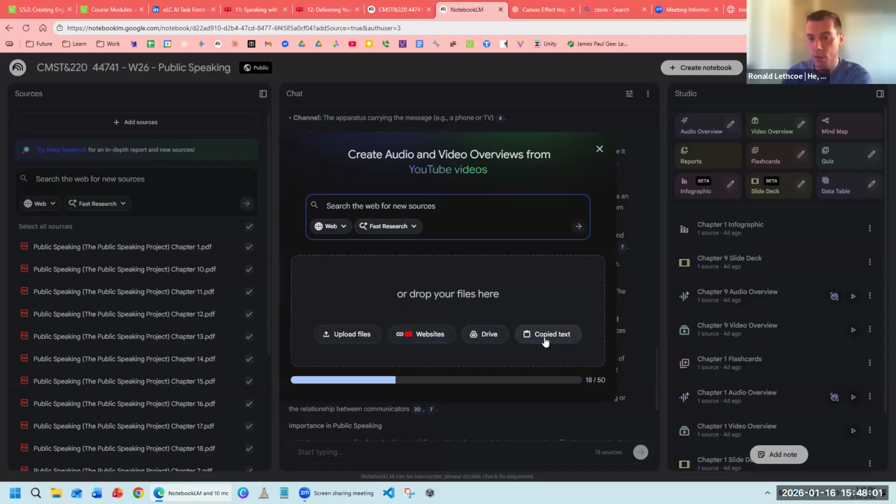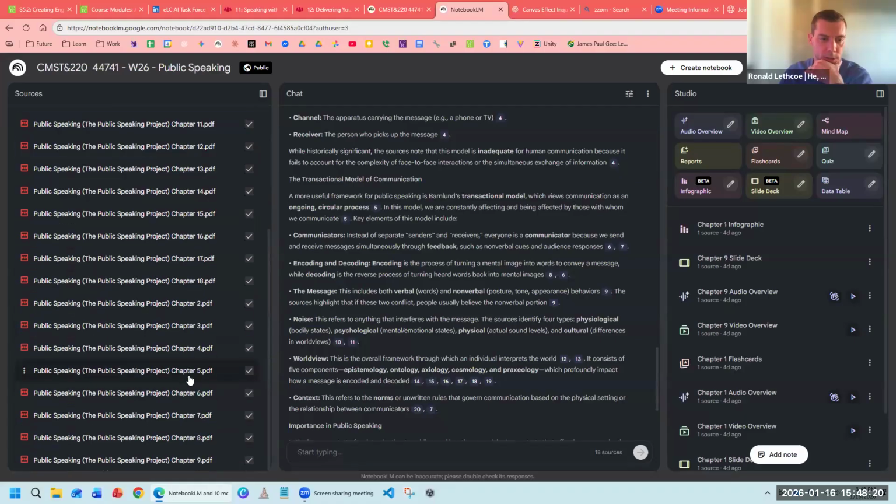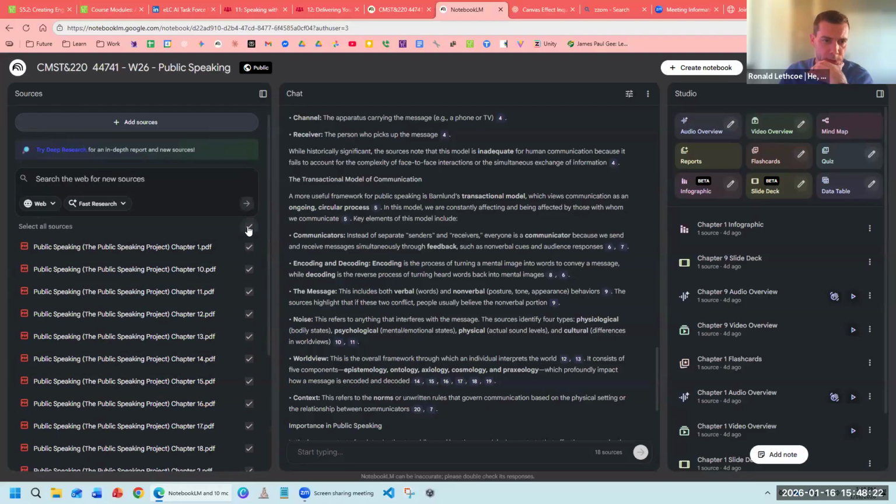Things from your drive, or if you just have stuff copy and pasted, maybe you made something in ChatGPT and you want to make some materials just very quickly based on that text that was created, you can copy that text in. It all comes in over here on the left side where you have all your sources, and you can pick and choose. So right now everything is checked. So anything I create is going to be